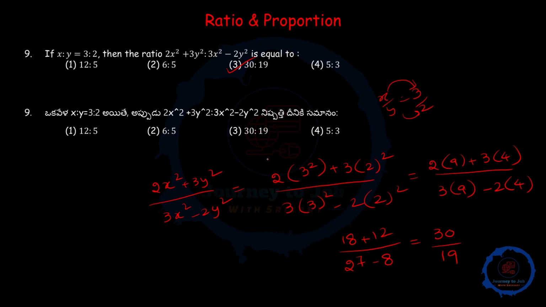See, I am clearly explaining. You no need to write all these steps in exam. You can directly put it. See, look here, how the answer can come directly from this step. 2 into x², x is what, 3, 3² is 9, 9 into 2 is 18 plus 3 y², y² is 4, 4 into 3 is 12, by here 3 x² is 9, 9 into 3 is 27 minus y² is 4, 4 into 2 is 8. So this is 30 by 19. Simple, no need to write all this. Okay, next,